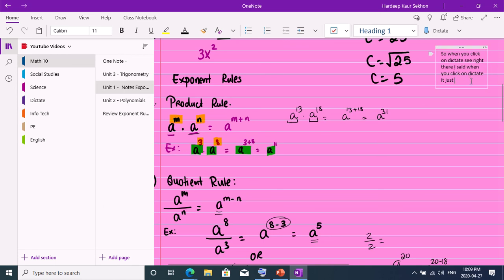You're not able to pick up every single thing your professor or your teacher is saying to you. You can use this dictate option. It does a pretty good job. It picks up almost, I would say, 99% of the content that someone is saying. So this is a really great option. So make sure you have your microphone option on to help you to do the dictate. Okay,